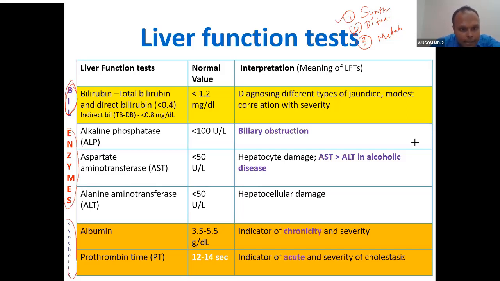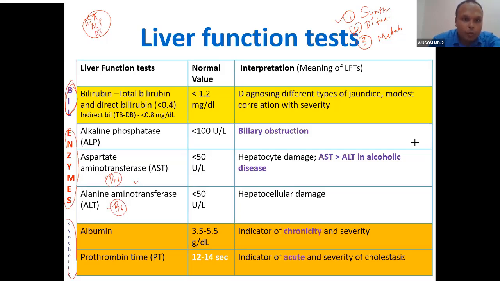Now the enzymatic test: enzymes show cell destruction. Inside the hepatic cell there are ALP and AST. AST, you know what AST is? AST and ALT we have already done. AST and ALT need vitamin B6. These are transaminases, vitamin B6 requiring transaminases. We have already done the reactions catalyzed by AST and ALT. Now this same type of AST, ALT is present inside the liver cell.